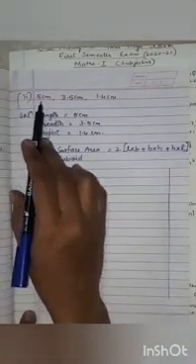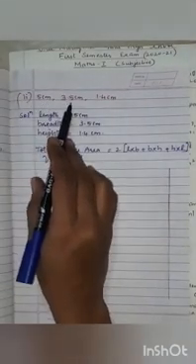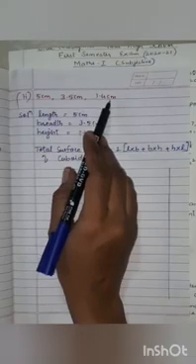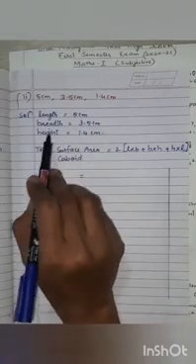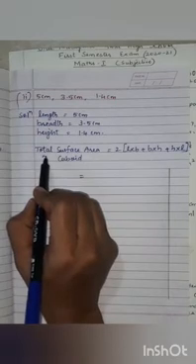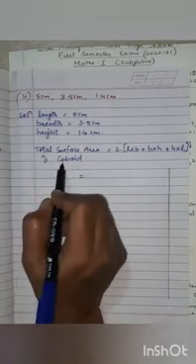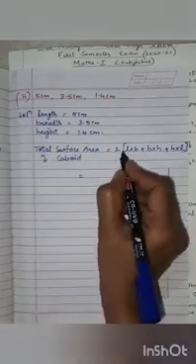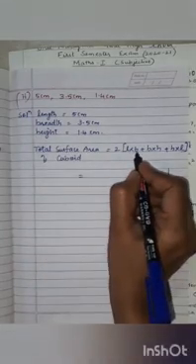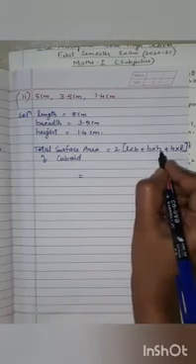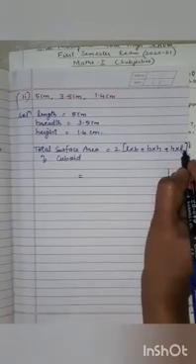Okay. Now students, the second sub question I have taken is 5 centimeter, 3.5 centimeter, 1.4 centimeter. So the solution I will start as: length is 5 centimeter, breadth is 3.5 centimeter and height is 1.4 centimeter. The next step is we have to write the formula of the total surface area of the cuboid. So total surface area of cuboid is equal to what? 2 bracket length multiplied by breadth plus breadth multiplied by height plus height multiplied by length.